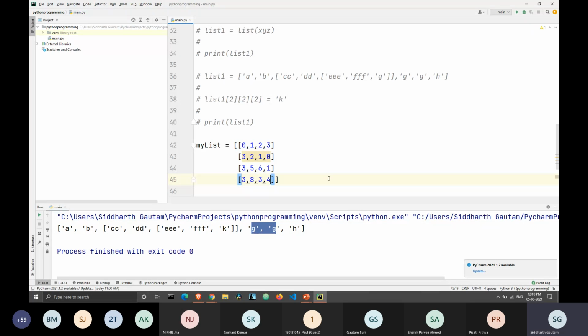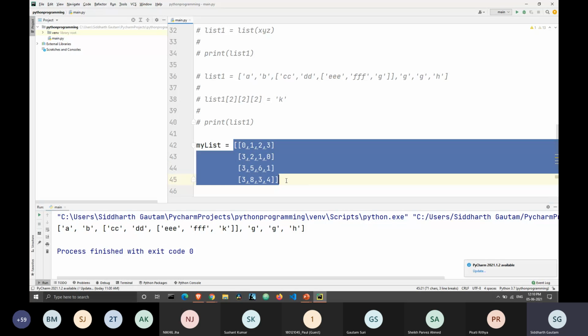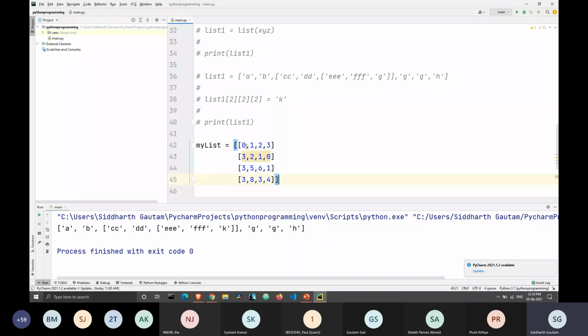Okay, so if you take a look, this kind of looks like a 4 by 4 matrix, doesn't it? Right. So this looks like a 4 by 4 matrix, and similarly, it also works like one. But the only difference here is if this was a matrix, the location of this element 0 would be denoted by 1 comma 1, like the first row and the first column.